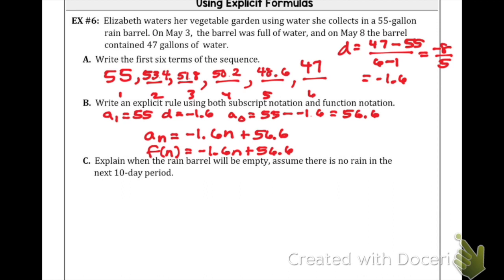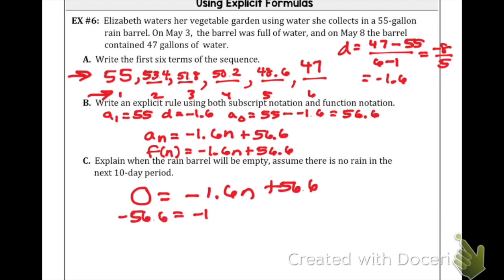Explain when the rain barrel will be empty. Assume there is no rain in the next 10 days. So we want to figure out what value of n would put me at 0, right? So remember, these are my n's. These are my outputs. So I want to figure out when negative 1.6 n plus 56.6 will equal 0. So solving that out gets me negative 56.6 equals negative 1.6 n. Divide. Gets us n is about